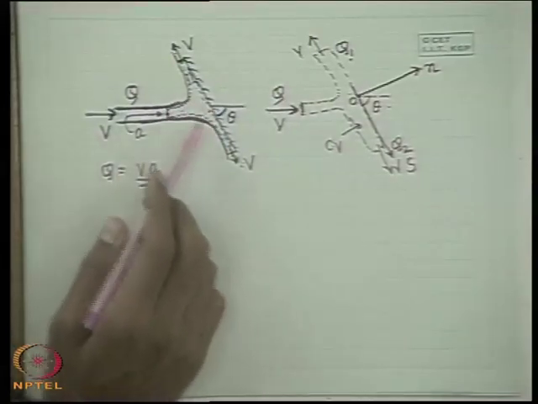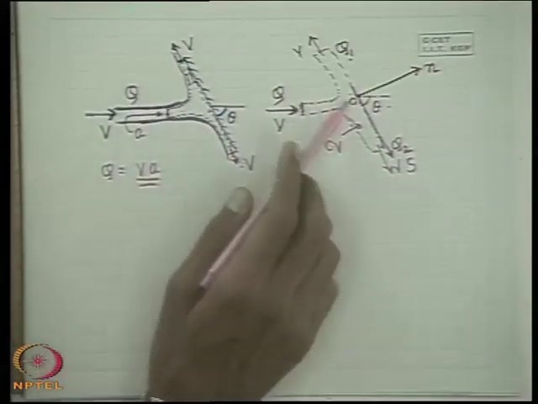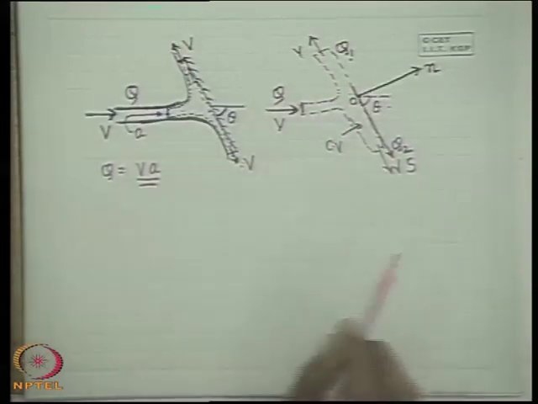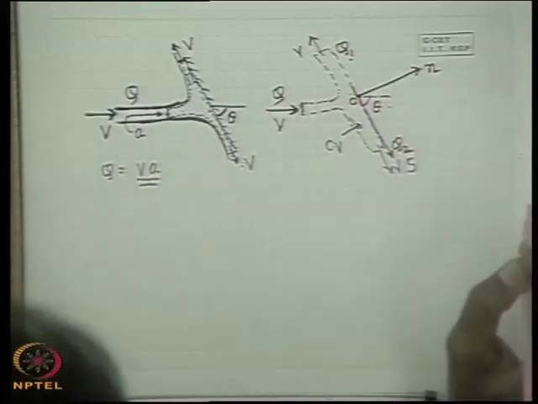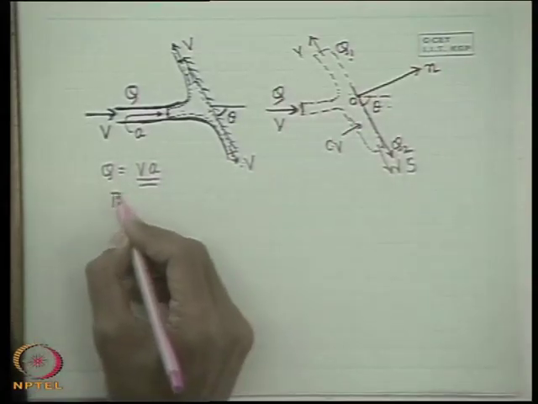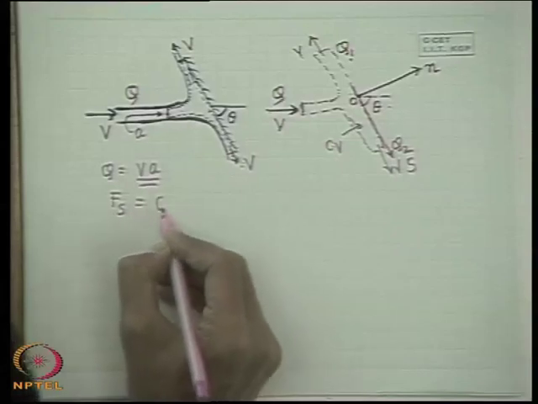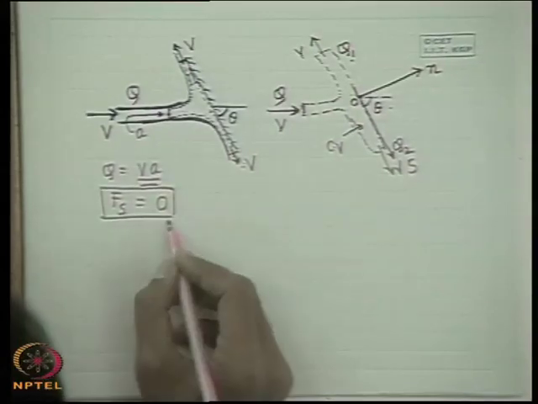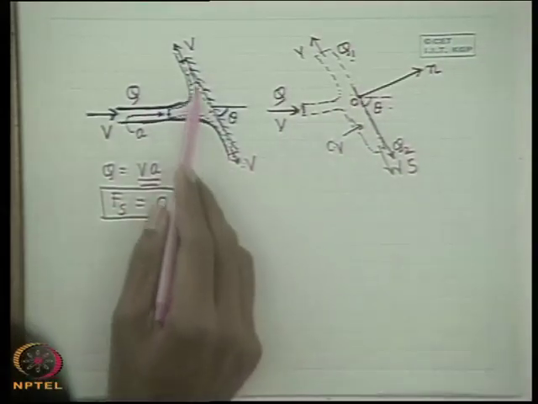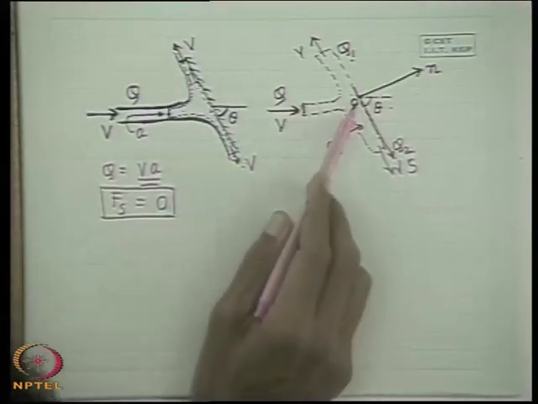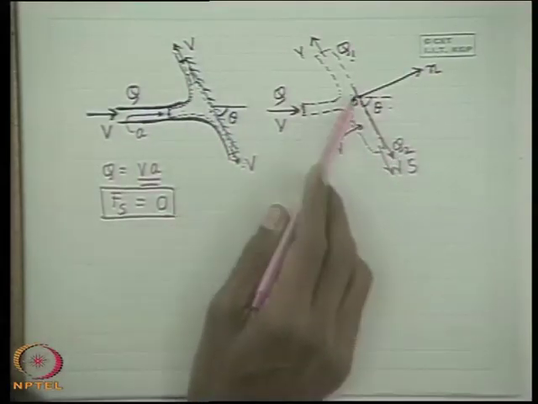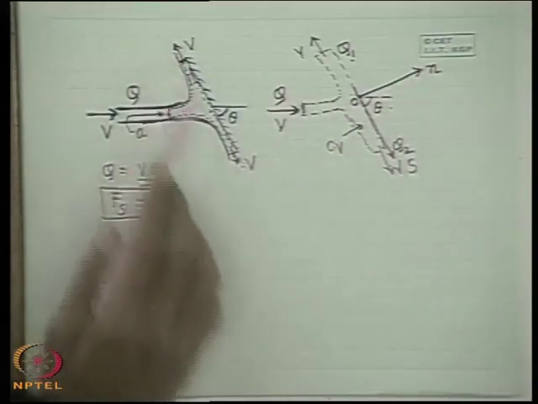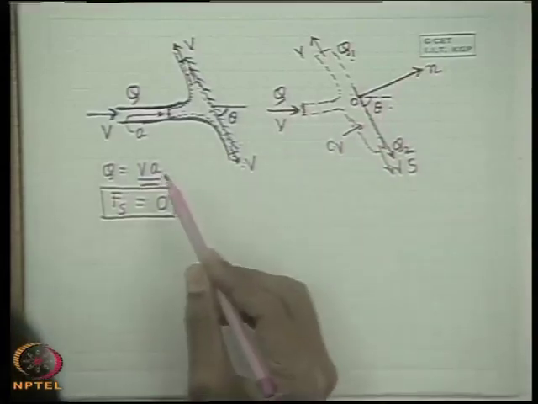So, if you neglect the frictional effect, there should not be any component of force acting on the body of fluid in the direction of S. That is the main assumption and main concept. So, we can say Fs, the net force in the S direction, has to be 0. This is not from the momentum theorem for the control volume, it is simply from the physics of the problem, where we take an inviscid fluid, and because of this we choose the axes OS and ON, one parallel to the plate, that means parallel to the flow direction at the outlet planes, and one normal to that. So, this is the key point.